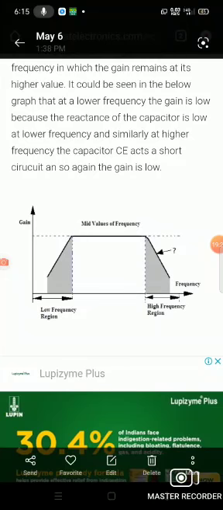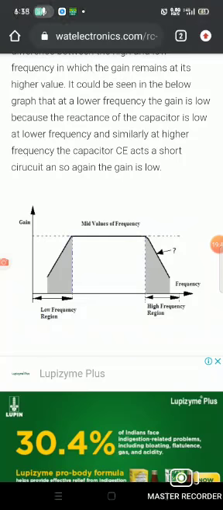So with that reduction of 3 dB or 70.7% value of the maximum gain, the frequencies are the cutoff frequencies at the lower frequency region and at